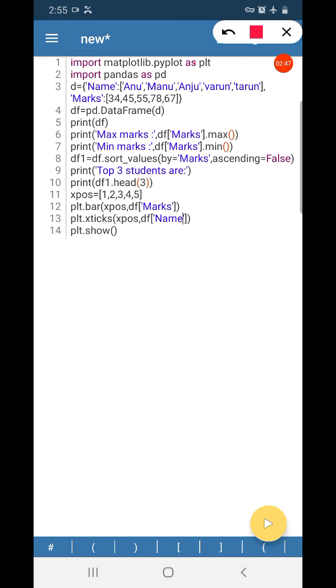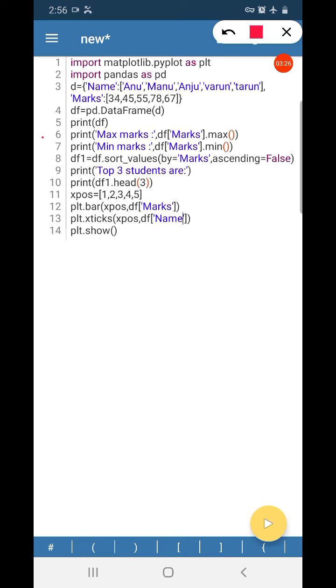Now since we have marks of different students, marks is a quantity of different students, so we can use a bar graph, because we are not checking a trend of a single quantity. If we were comparing the mark of a single student for different terms, how much he got in the first term, the second term, and the third term, that we are not doing.